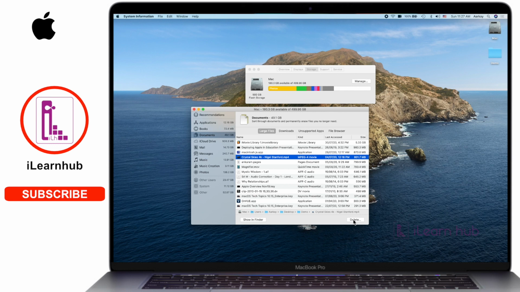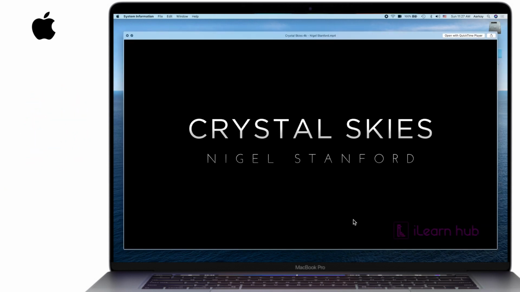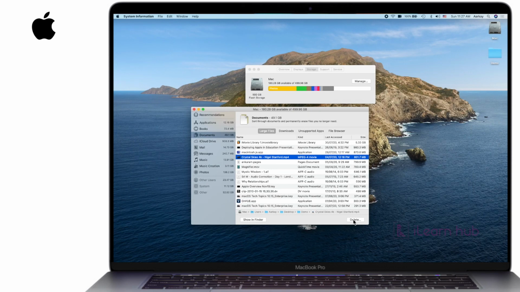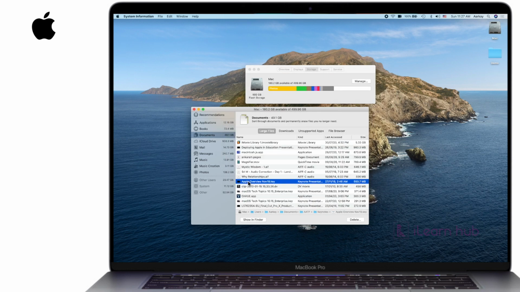So simply delete it. And if you want to see what exactly it is, you can always use the space bar to see the content. In case you feel you have to keep it, maybe you keep it, and if you don't want that, you can straight away delete from here. And in case you want to go to the manual method, it is always available. Similarly, I can see one more thing in this area. I don't know whether I need to delete this or not, so sometimes you can leave it like that.